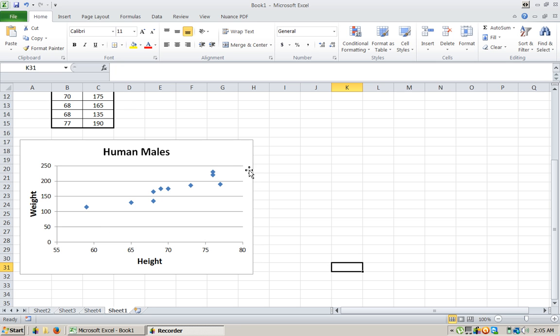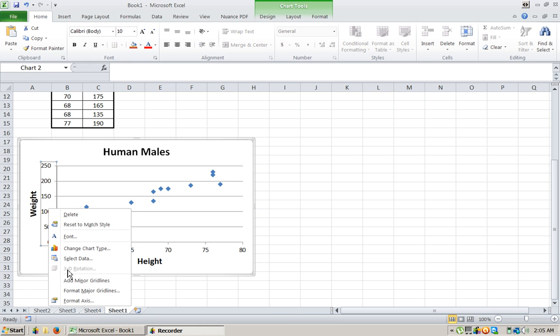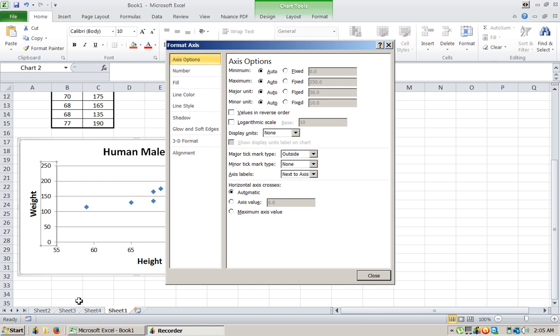Let's go to the data. Oh, look, the data looks much better now. That's great. Now we want this to start, maybe for my data, it looks like maybe starting at 100 would be good because I have all my data above 100. So I'm going to right click on one of these vertical axes and go to format axis. Just right click on any of these numbers is how you get that. And again, make sure that this major tick mark type says outside, and then go to fixed for the minimum